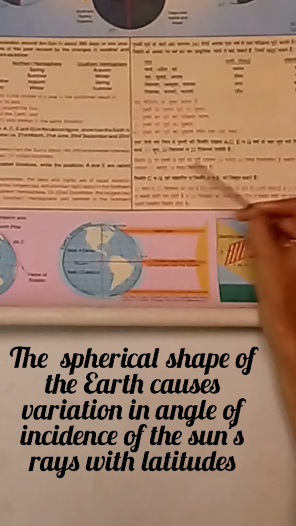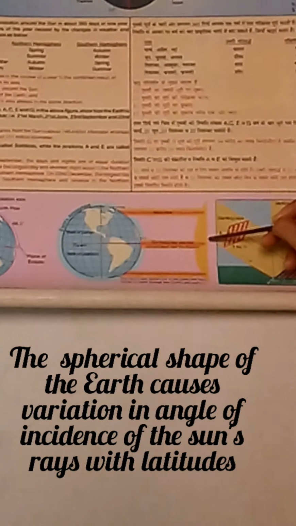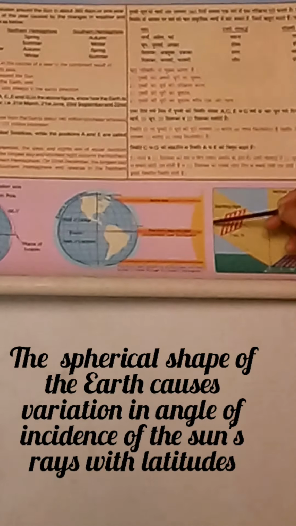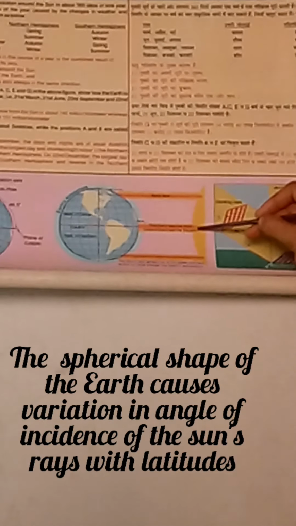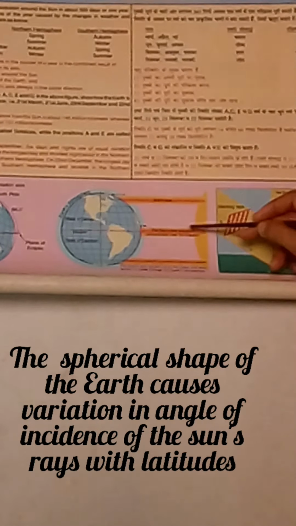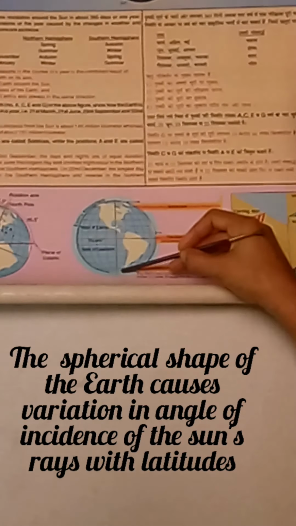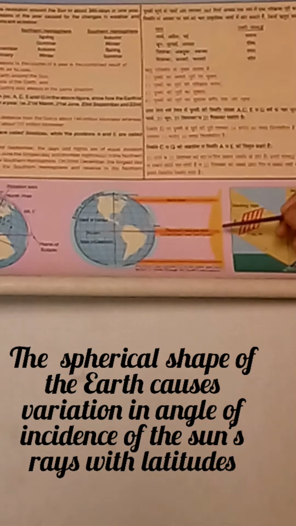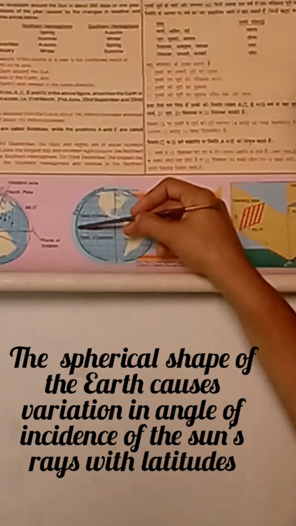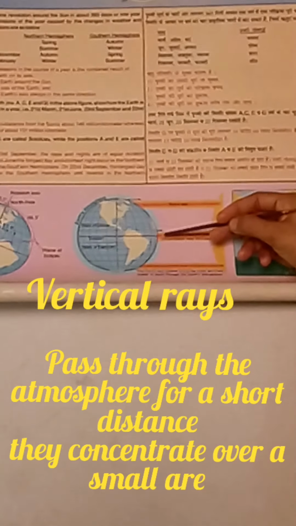Earth is a spherical object and it receives heat energy from the Sun. The Sun is a large heavenly object. Because of that, the radiation from the Sun comes to the Earth in a vertical pattern. But when it falls over the Earth's surface, due to its spherical shape, different parts receive heat energy in a different pattern. For example, the central part, near the equator, receives vertical or direct rays.